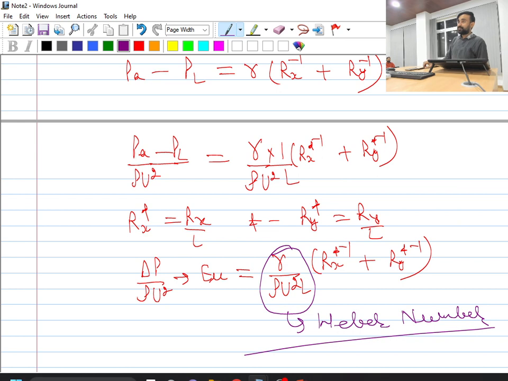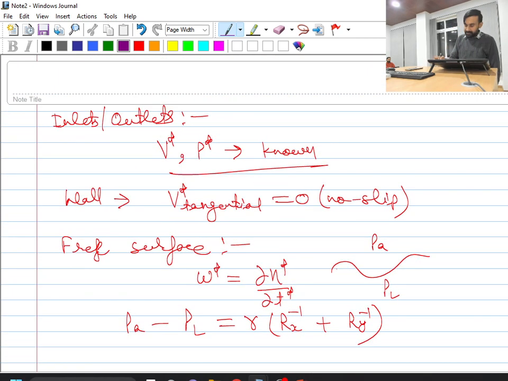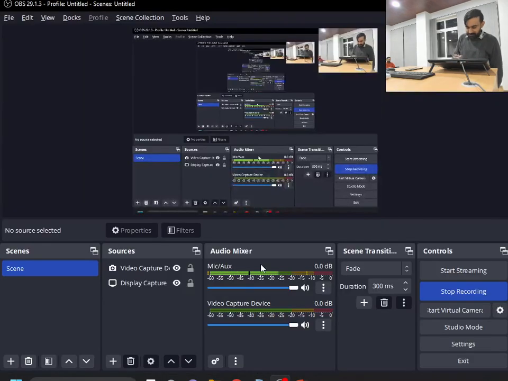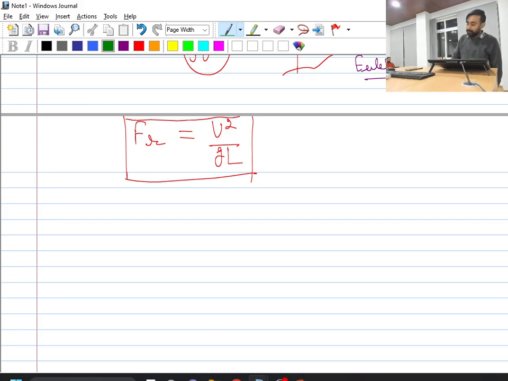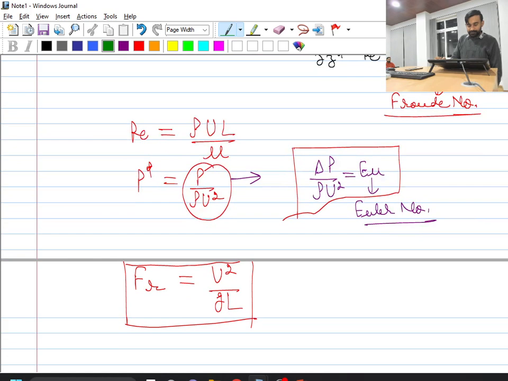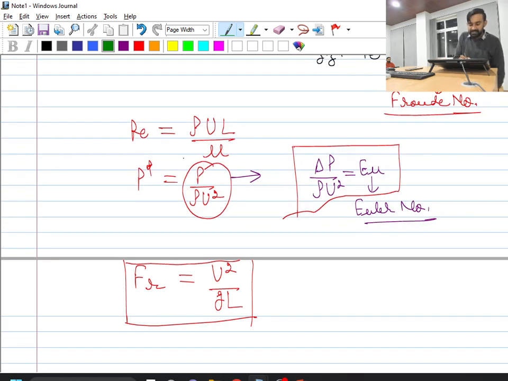So once we do the non-dimensionalization of these fundamental governing equations and the boundary conditions, we find some set of dimensionless parameters, and these dimensionless parameters have some relevance. If you compare, what is the first dimensionless parameter? Reynolds number. So what does it represent? Rho u L by mu. What does it represent? It is representing the